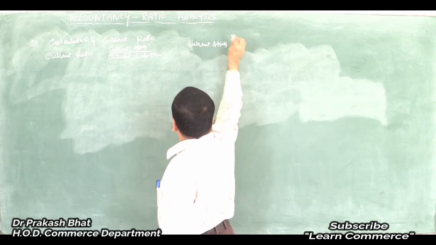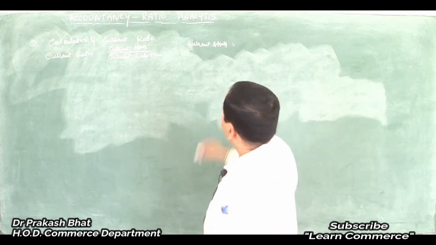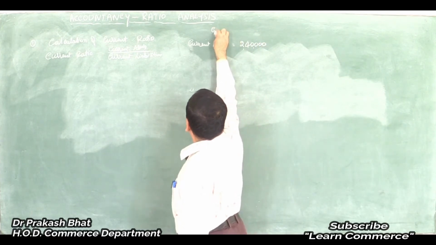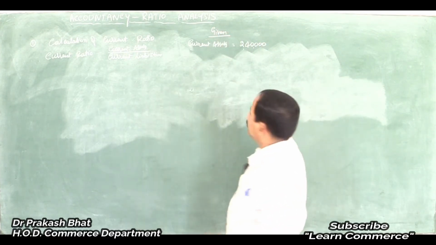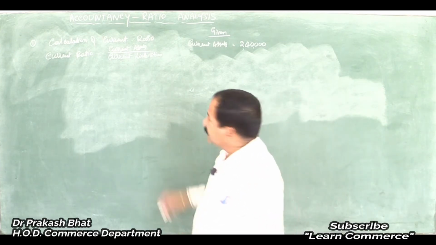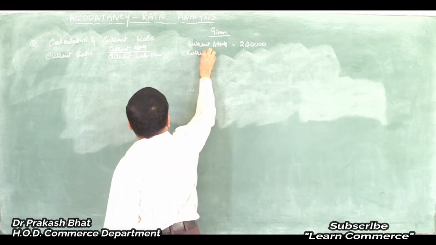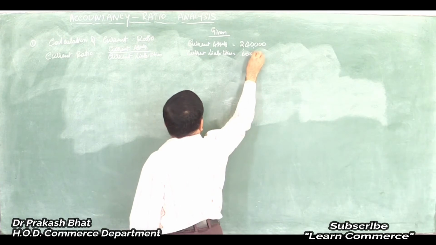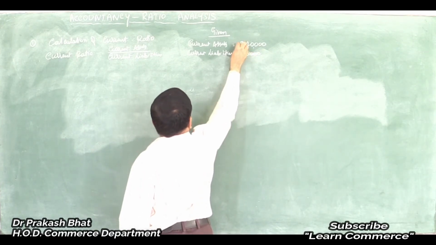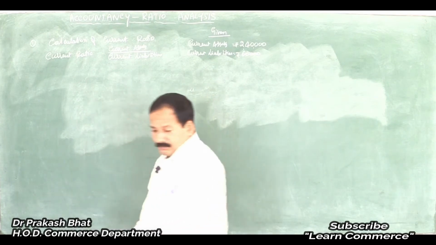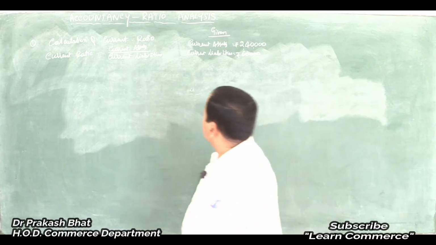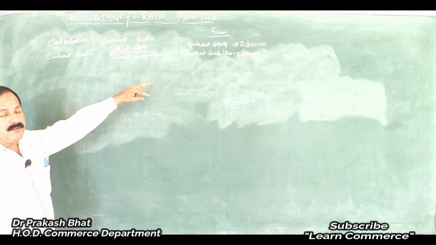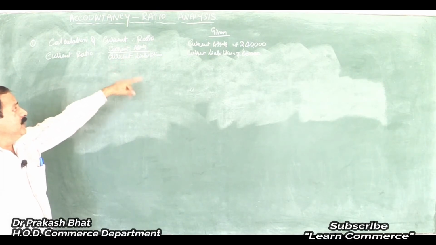On this side you have to write whatever is required for your current assets. Is it given in the problem? Yes, the amount is given in the problem, right? 2,40,000 right here. Current assets 2,40,000. Current liabilities 60,000. Rupees it is. Then what else is given? That's the only thing we need. We got all the information that is required to solve the problem, right? Current assets given in the problem, current liabilities given in the problem.